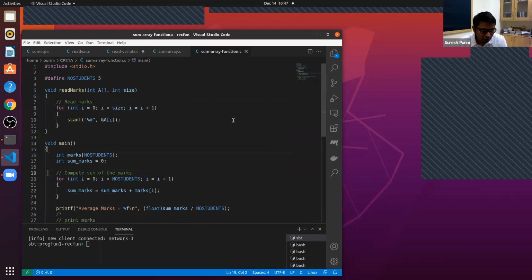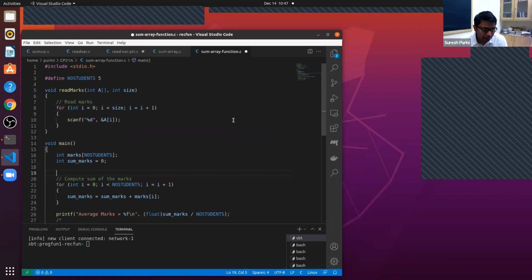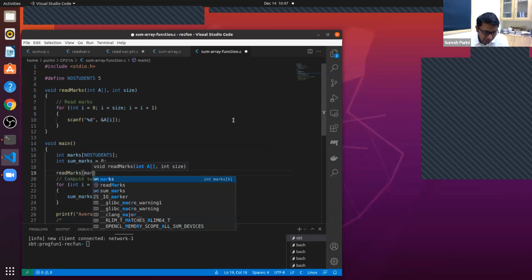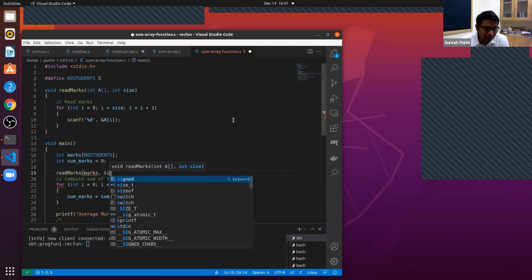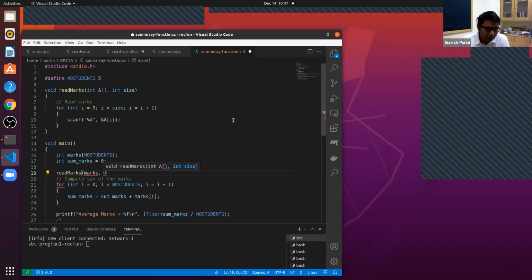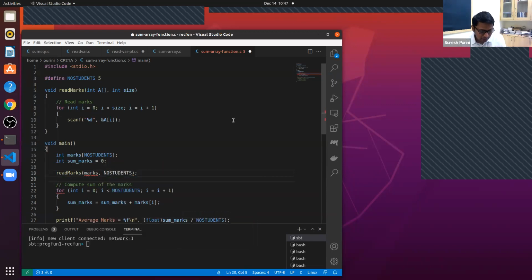And then here, what do we do? In read_marks, we just pass marks and no_students. I want you to pay attention that we are not passing the address of marks, we are just passing marks because marks contains the base address of the array.